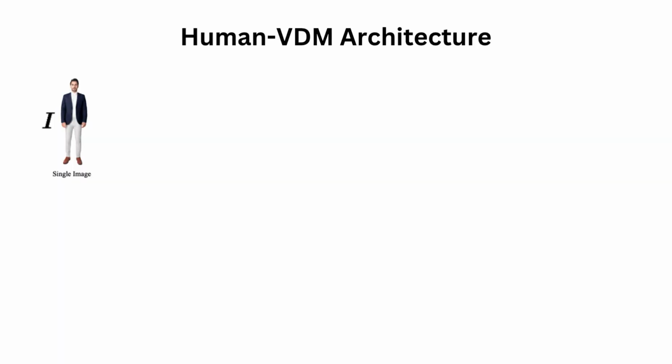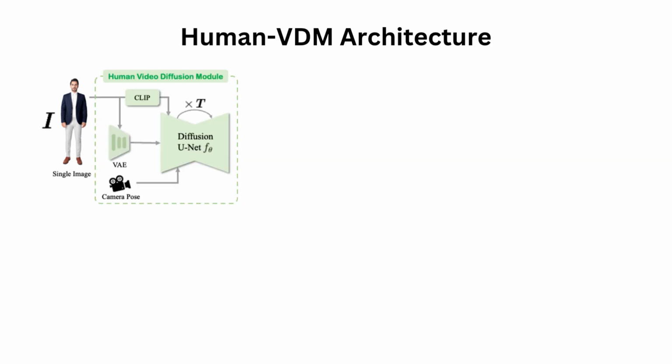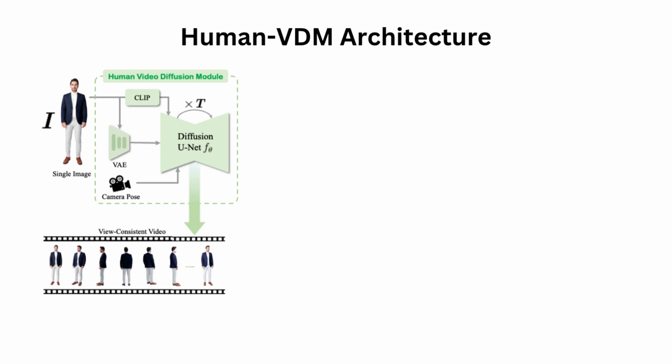HumanVDM has a very simple architecture that consists of 3 modules: a view-consistent human video diffusion module, a super-resolution and frame interpolation module, and a human Gaussian splatting module. First, a single human image is input into the human video diffusion module, which helps to generate a coherent human video. This video diffusion model is an SV3D model that is adapted for human video generation and is capable of producing consistent multi-view images. However, the video quality from SV3D for the human body is of low resolution and thus